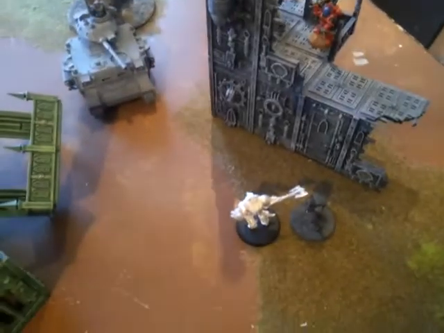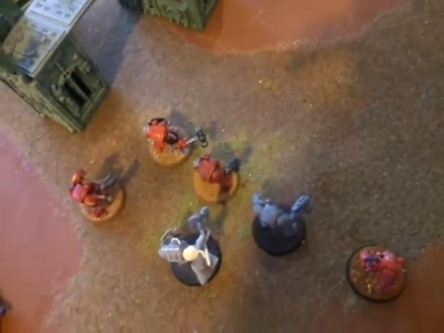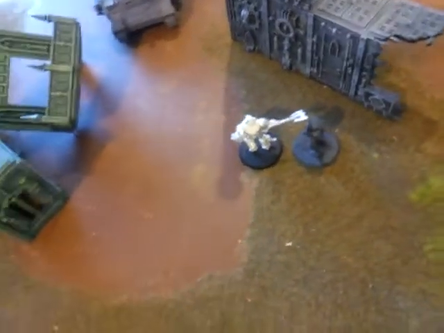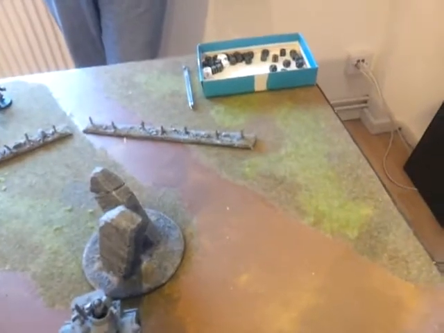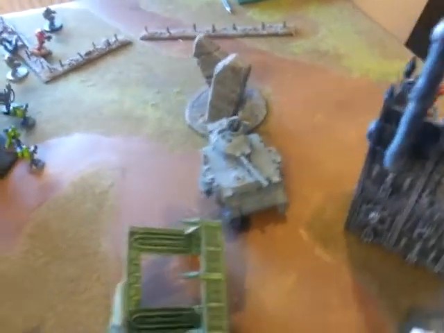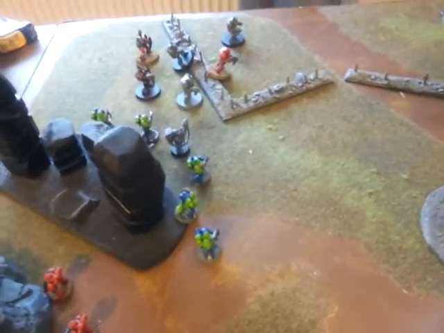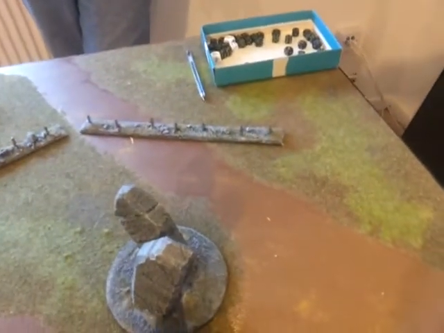Shooting. Basically, the tank opened up first. Killed 2 guys with their las cannon. Then these guys opened up and managed to kill another one with bolt rounds, but they passed their break test and remained there. Then the remaining 2 missile launchers shot at the Terminators that were over there, but failed to do anything. And then a combination of fire from the tactical squad and the other Deathwing squad managed to wipe out the Terminators